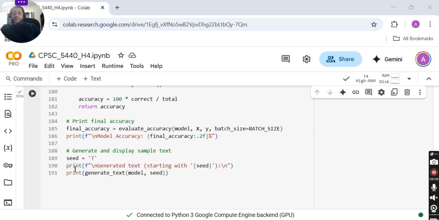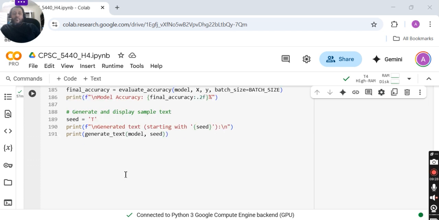And here I'm printing the generated text. I'm giving that we started with a T, and here we are invoking generate text, passing it the model and the seed, and it loops through and brings up the next 20 characters that it finds.